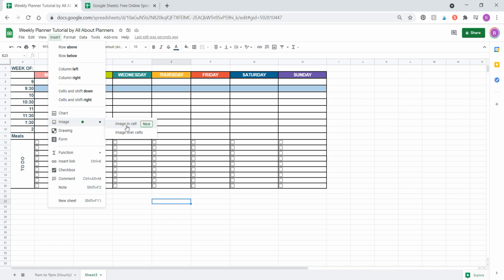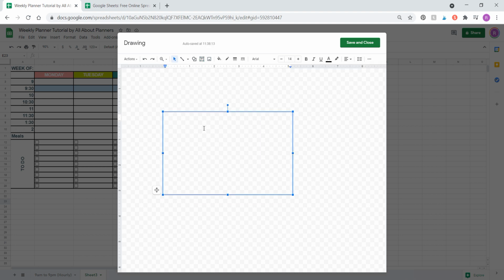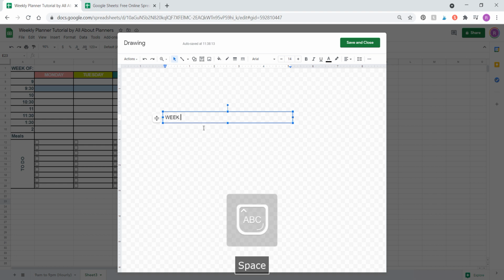You can do this image in cell, but it's a bit clunky, and I don't really like using it, to be honest. So I would go image over cells. You can also do a drawing. So if you wanted to add a little label box up the top, we go text box, just left click and drag, and then you can type whatever you want. So like week of,